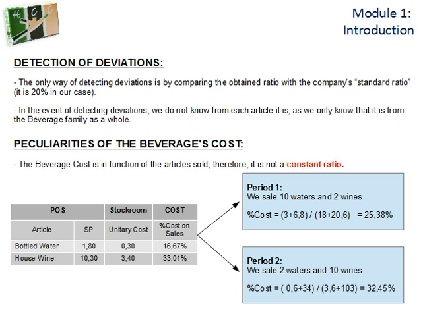On the other hand, we have the house wine, which we sell at 10.30 and its cost is 3.40. The resultant cost is 33.01%. Now, let's imagine 2 periods in the year that, due to the demand of our clients, the sales of both articles alter. As it can be observed, in period 1 the cost is 25.38% with 28.60 in sales, whereas in the second period the cost is 32.45% with